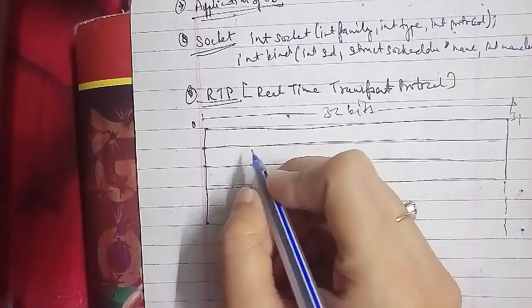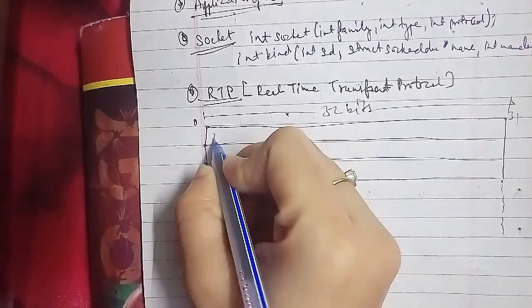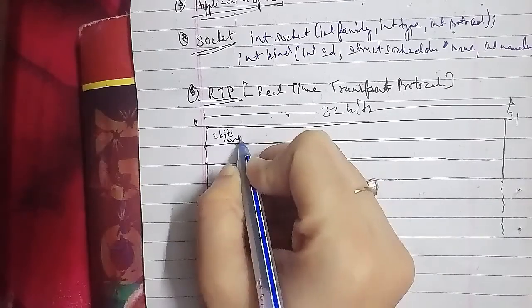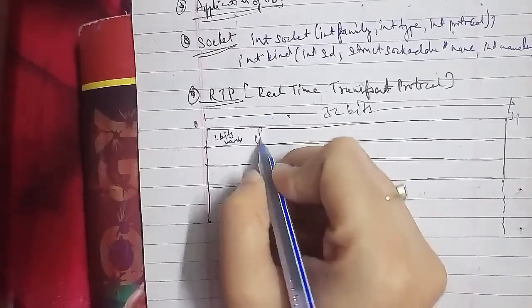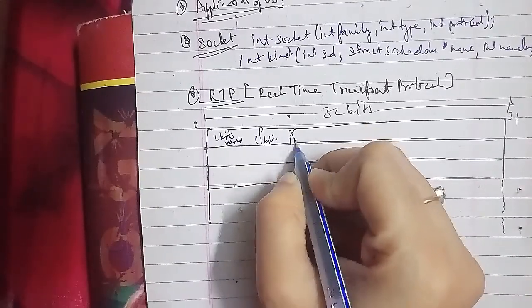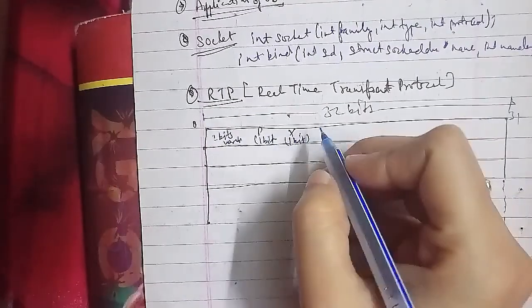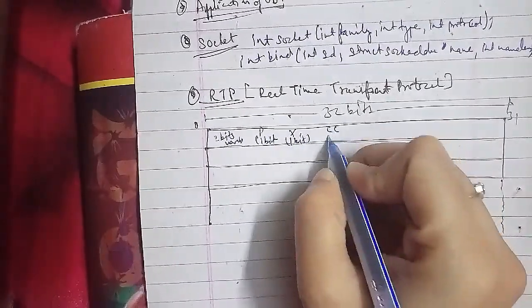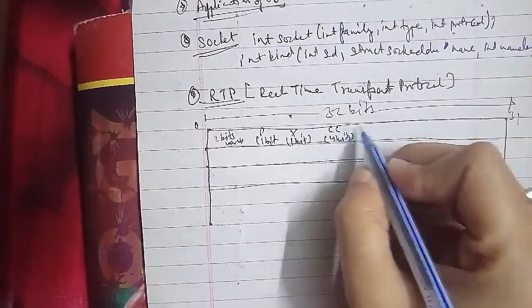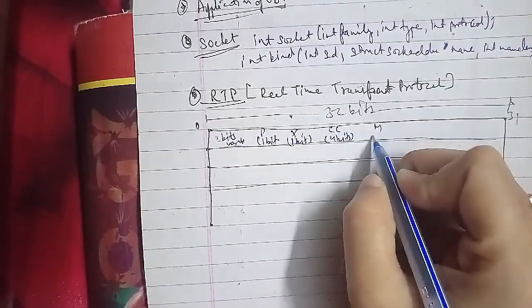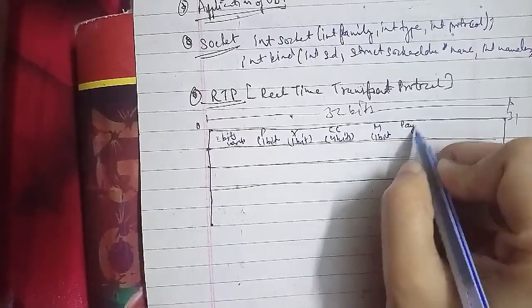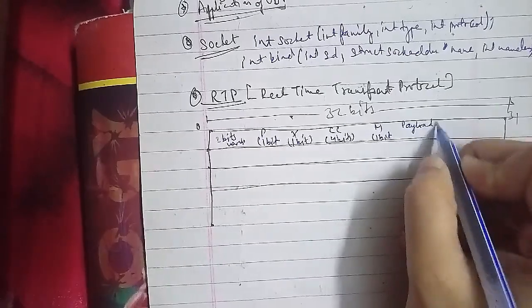With this we have a 2-bit version, then P of 1 bit, then X of 1 bit, then CC of 4 bits, then M of 1 bit, payload type of 7 bits,